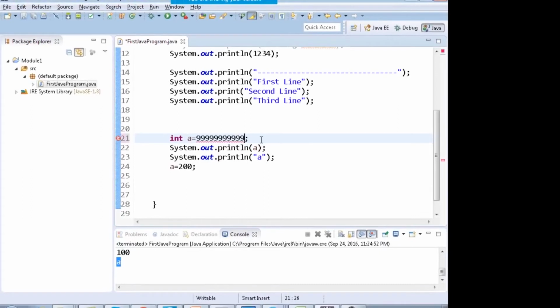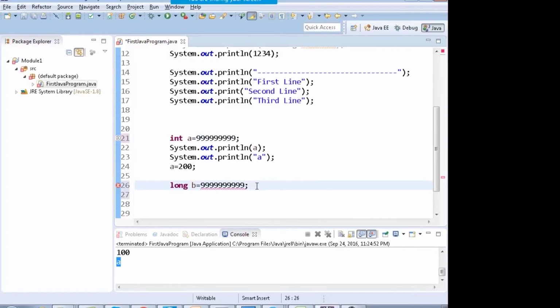If you want to store a bigger number, you can use long over here. I can write the data type long L equals to an integer which can exceed the limits of int, which can be bigger in size than integer. Long has got a bigger range than integer.